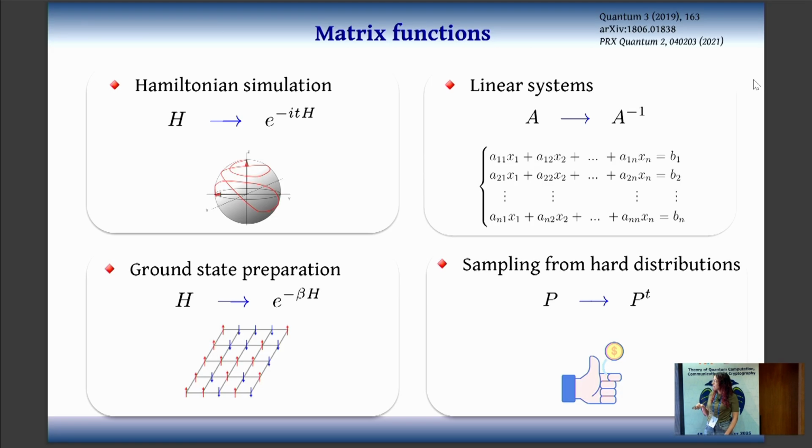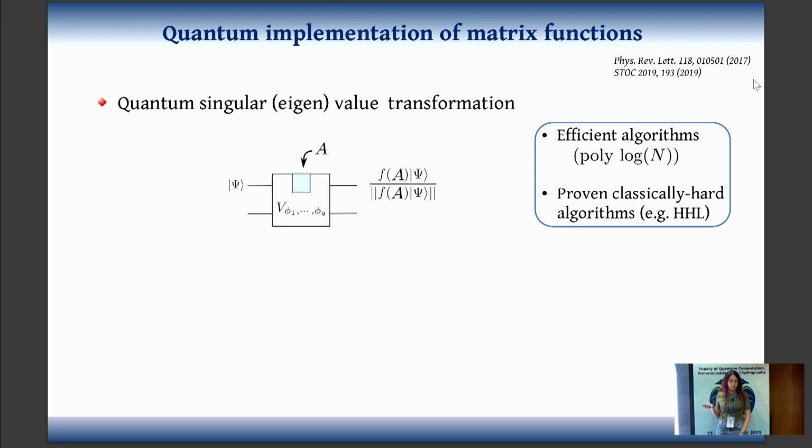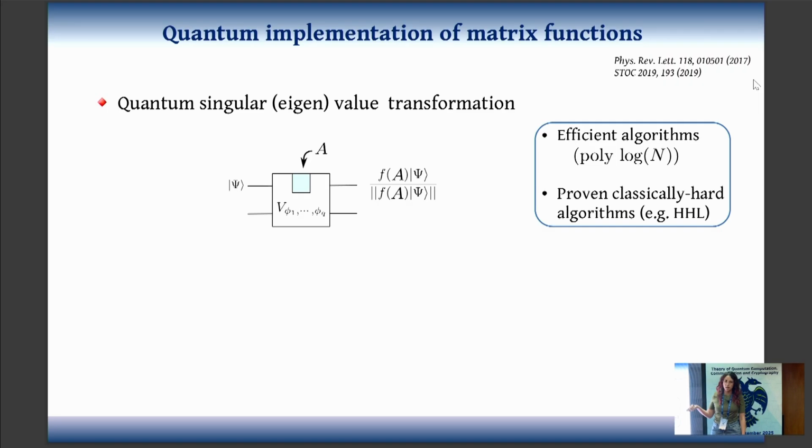So this problem gained even more attention with the advent of quantum singular value transformation, which is a framework that allows you to design algorithms to implement virtually any function of a matrix. So in this framework, you design your circuit in a way that all the parameters in that circuit depend only on the function, and then you can input via some oracle any matrix, so you can compute the function of this matrix using the same structure of